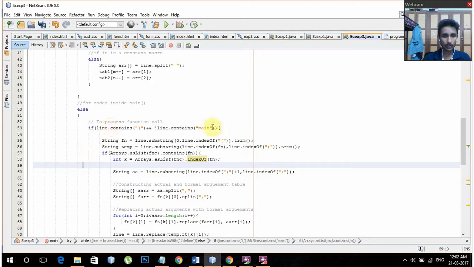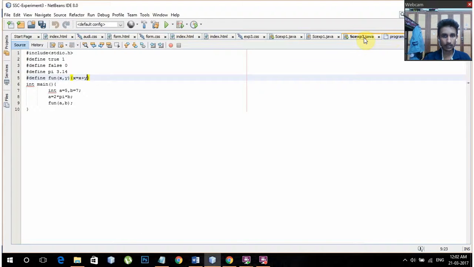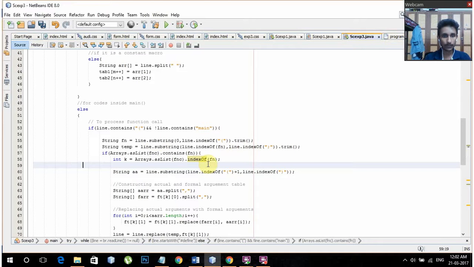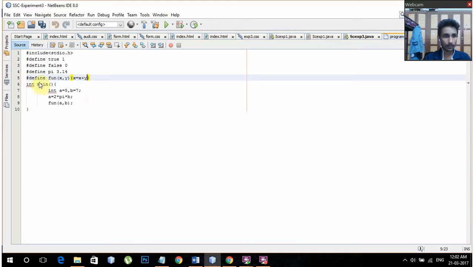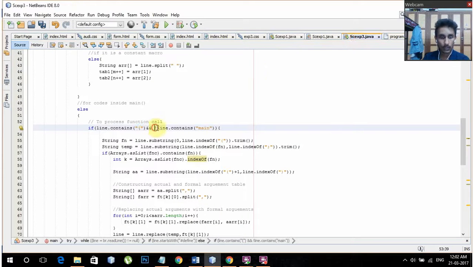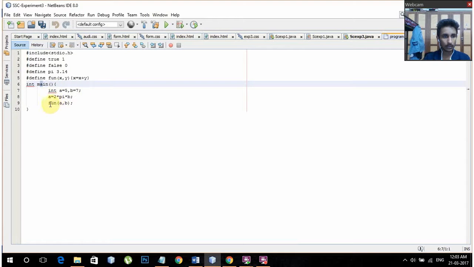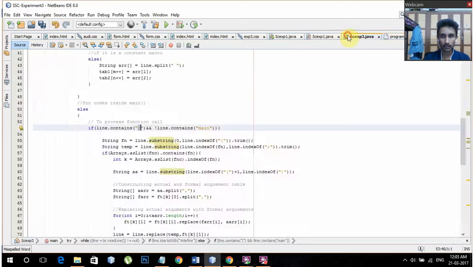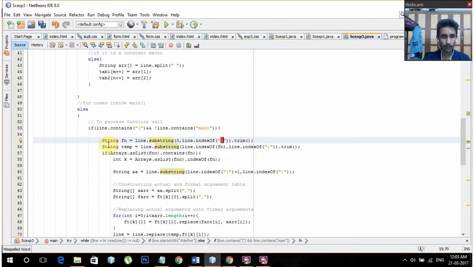Now I'm going to see if it is a function call or not. To see that, I'm going to check if there's a bracket. I have to be careful if I choose the main function, because I have to do nothing with the main, so here I have done not main. It's going to look for all the open brackets. When it finds the open bracket, it's going to take the value till the bracket, trim it and put it into the string,